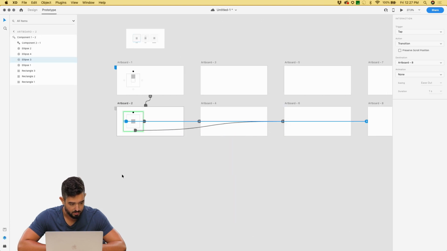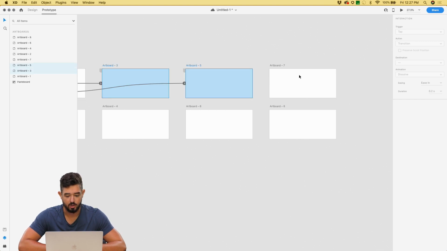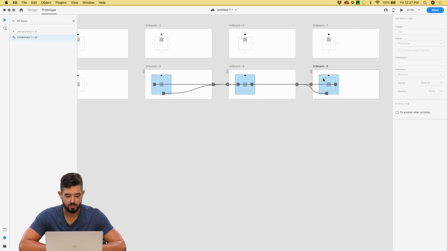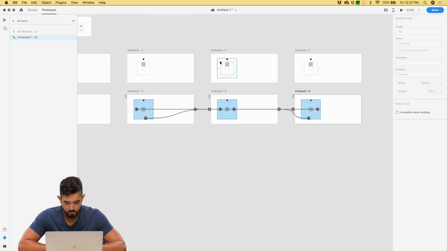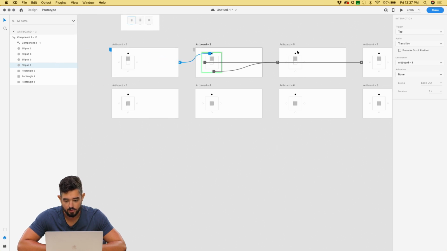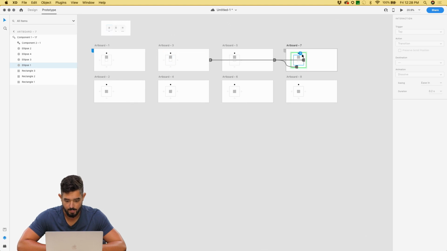And I'm gonna open my layers because I'm gonna need this in a second. So copy this one, select these 3 artboards, paste them there, copy this one, select these 3, paste them there. Okay, so now I want this. I want ellipse 1 to go here, and likewise I want ellipse 1 to go back here, ellipse 1 to go here,